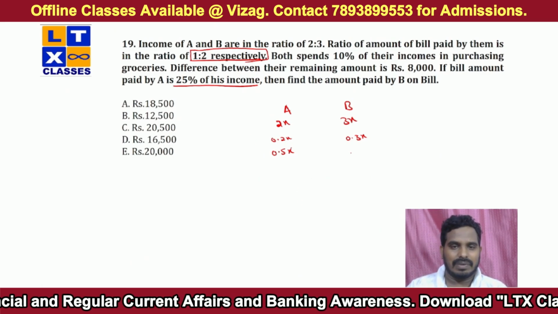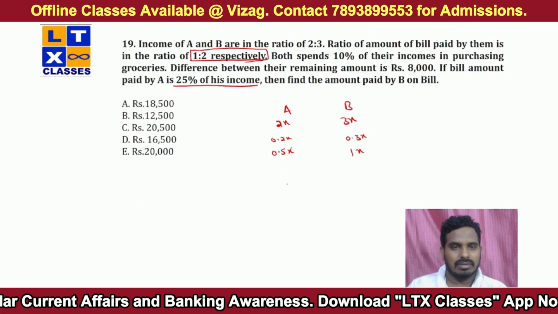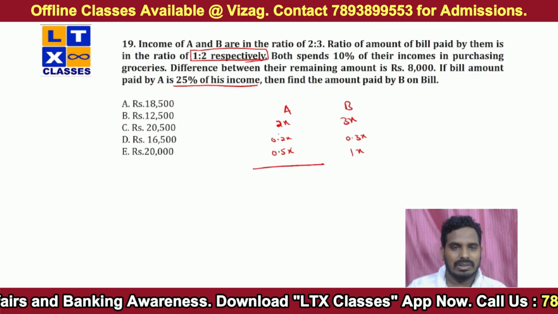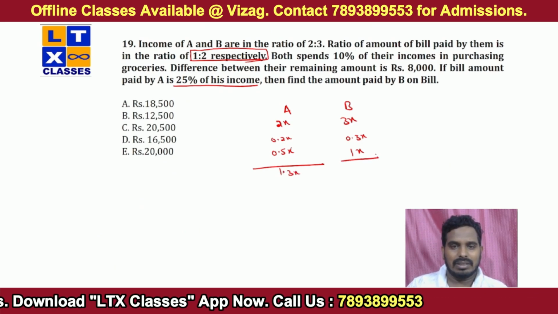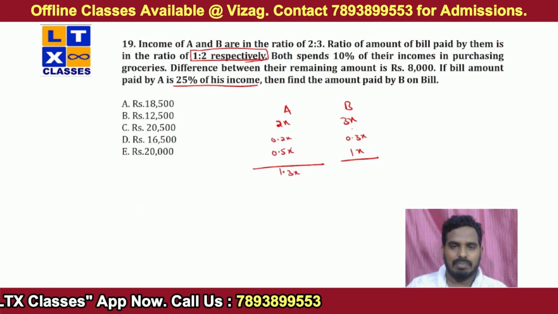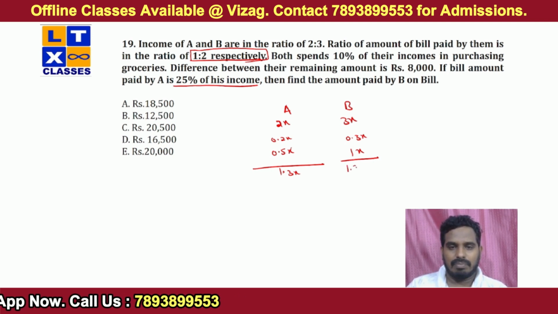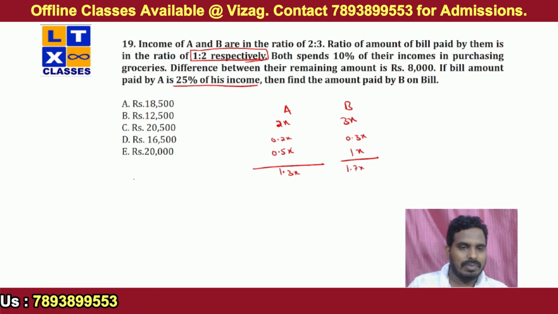So if it is 0.5x, definitely it would be 1x. Now, what is the remaining amount? This is 0.7x and 1.3x, 1.7x. Now, the difference between both the amounts is 0.4x,